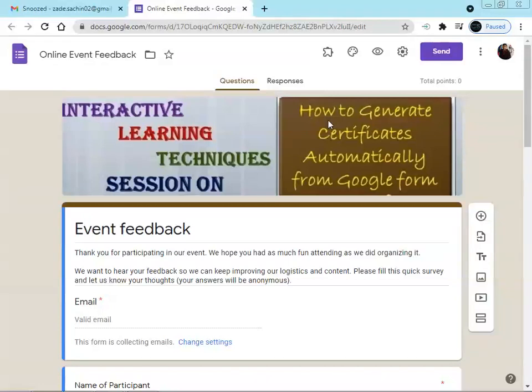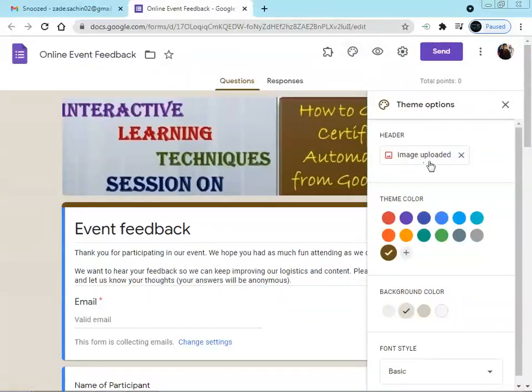Previously we had discussed how to create a Google form. The link for the entire process for creation of the Google form is given in the description box, as well as the process for creation of a template for the online certificate. This is nothing but a header which we add from this customized theme.